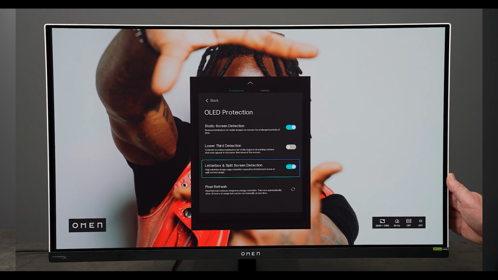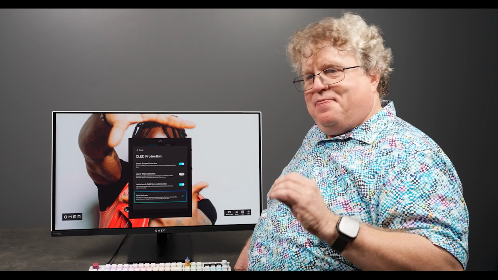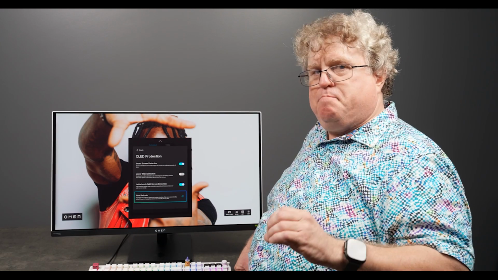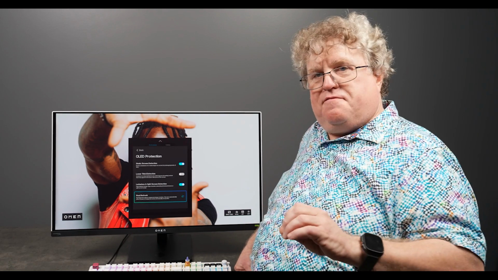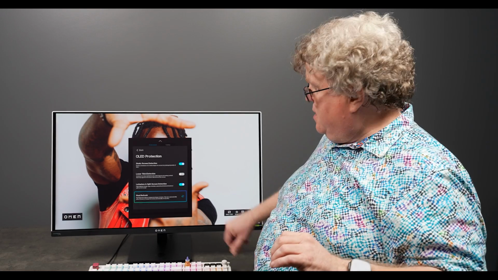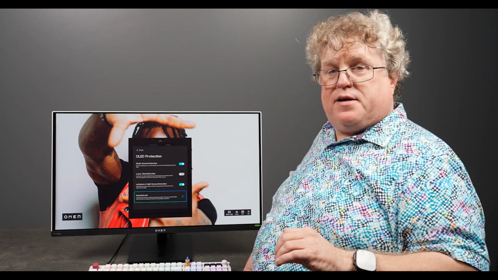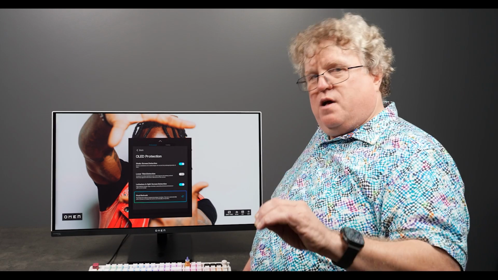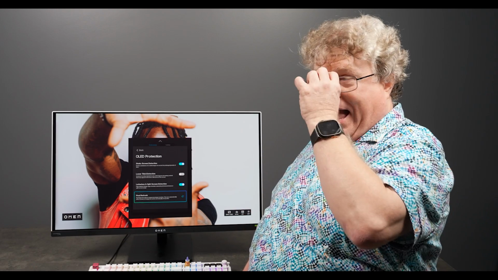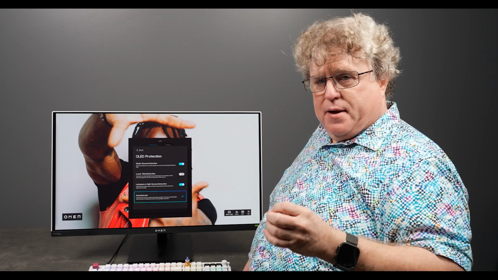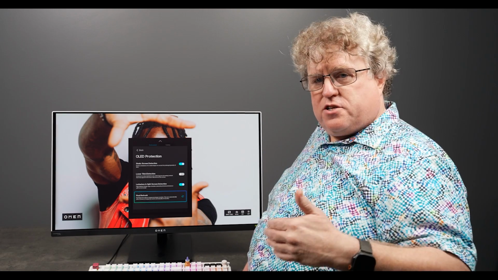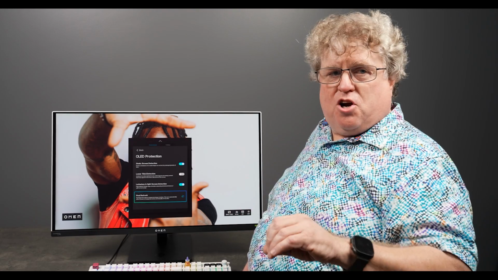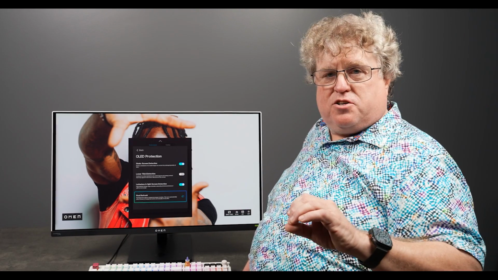The fourth option is called Pixel Refresh, and this is the most important function to keep your OLED monitor from burning in. This is an automatic function that you can choose to run manually if you want by essentially pressing in the joystick with this option highlighted. But let's talk about how it runs on its own. As an OLED is used over time, it builds up a charge that can introduce burn-in. We have to reduce that charge by using this refresh function.